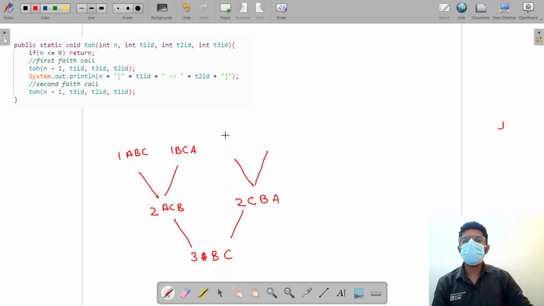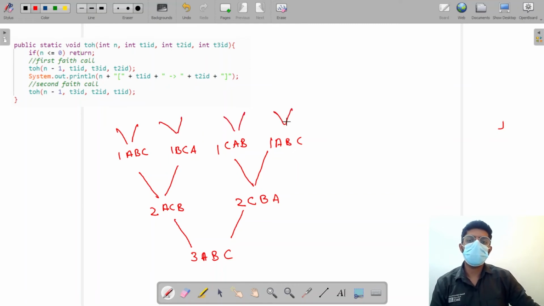Just bear with me. It's actually a slow process, but you'll be fairly clear about the question after I dry run the program, right? So just bear with me. Right. Thank you very much. So for 1 and 1, we write C, A, B, and T3 ID, that is A, T2 ID, that is B, C, right? And then there will be a call for 0,